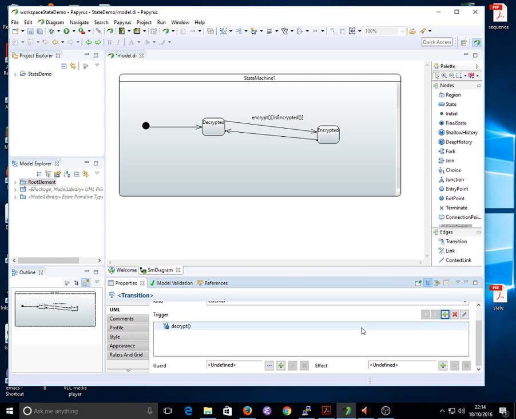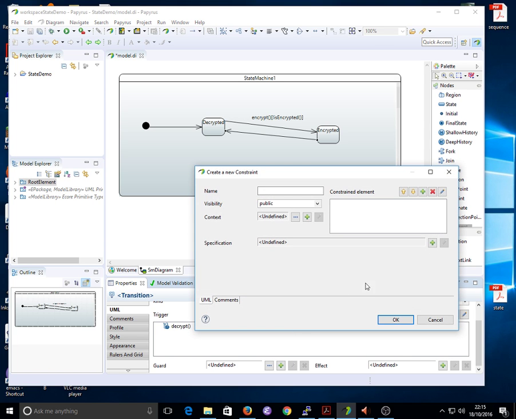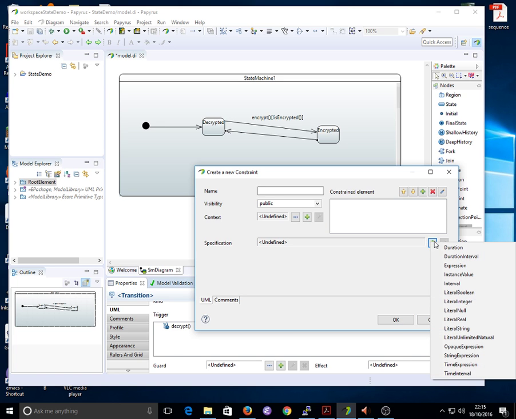And you see that doesn't appear. And then we would expect to be able to add a guard. Adding a guard is a little bit interesting when it works. We could add a constraint, and the interesting thing is the specification,